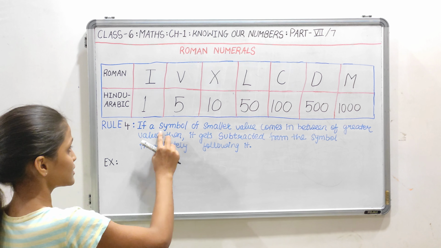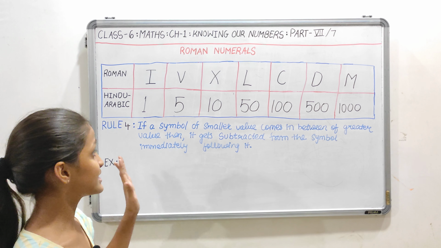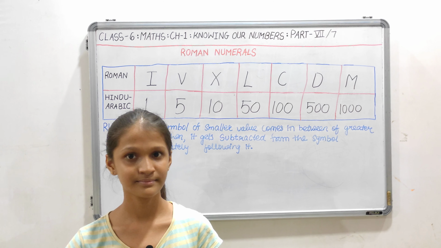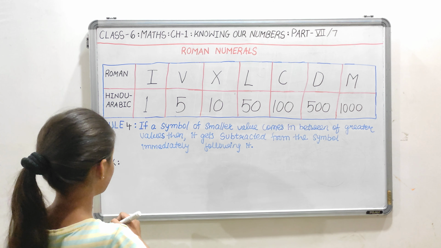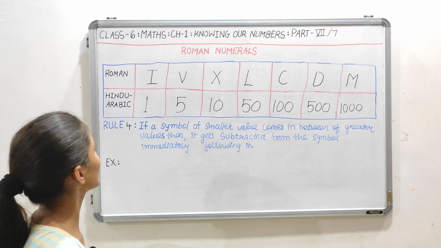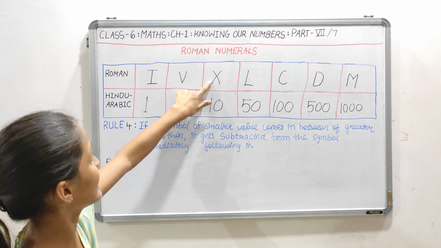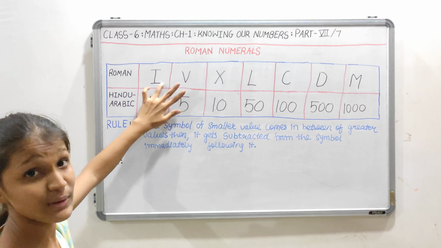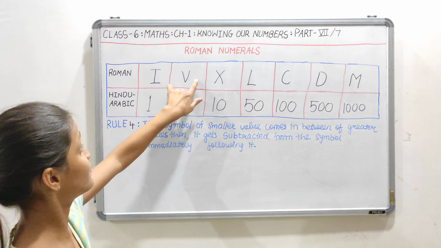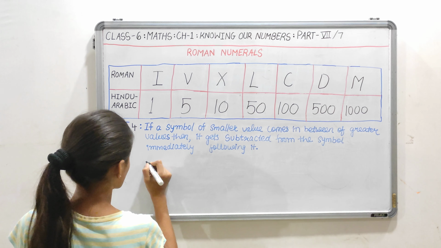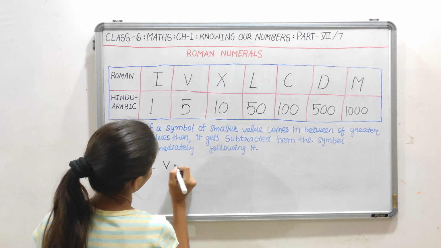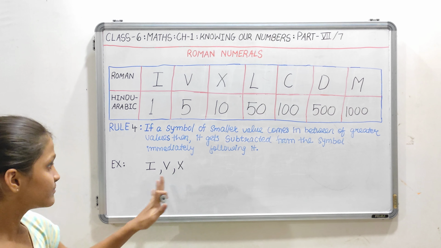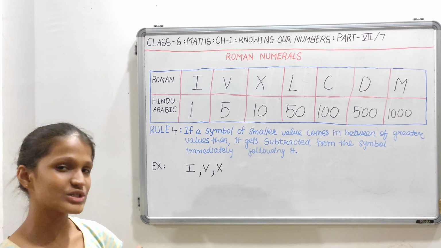For example, if we take a smaller value 1 and greater values V and X, then these I, V and X, that means 1, 5 and 10, what would be